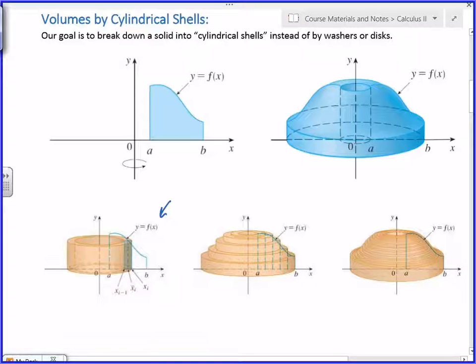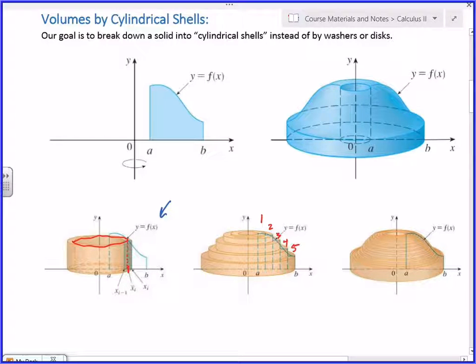And at a given x, like this xi right there, I'm going to find this cylindrical shell. It's a cylinder, but it's a cylinder with a hole inside of it, right? I'm going to find the volume of that shell. And then I'm going to find the volume of a whole bunch of shells, 3, 4, 5 shells, okay? By finding their height and making them all the same width, and then add up the volumes of those shells,